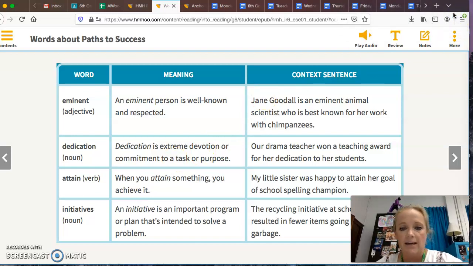Grandma, mom, dad, Michael Jordan. If you like basketball, it could be anybody. And you can write their name down there, and it will help you build your web of what that word means and what connections you have to other people or ideas with that word. You have the example that Jane Goodall is an eminent animal scientist who is best known for her work with